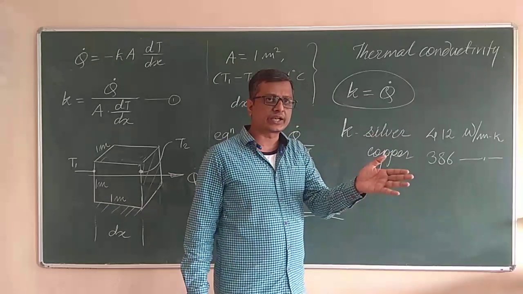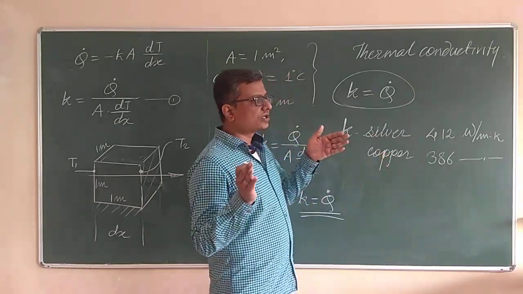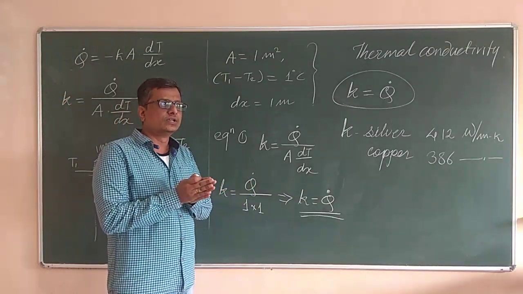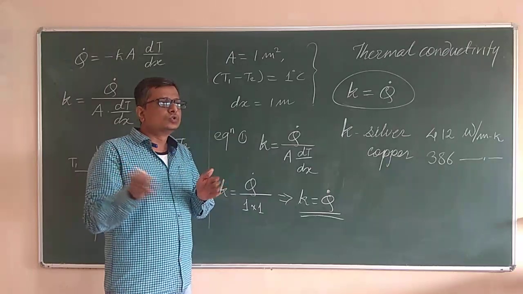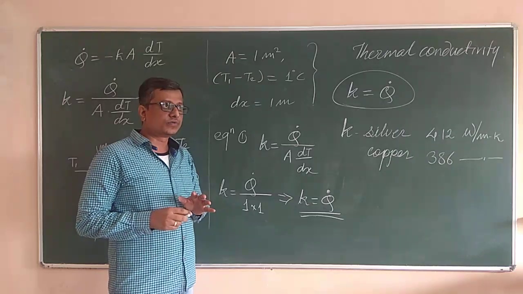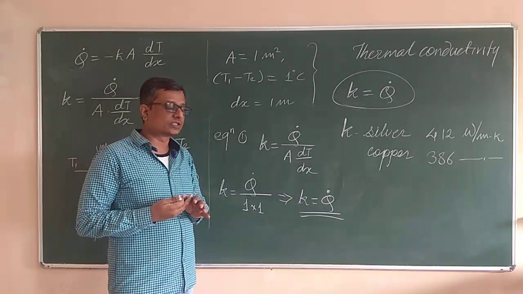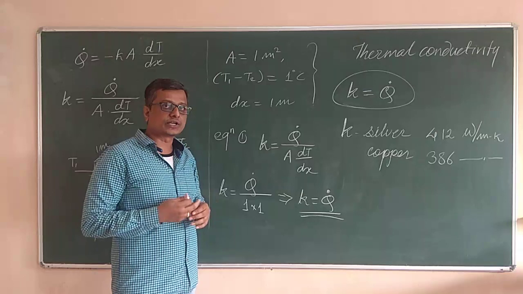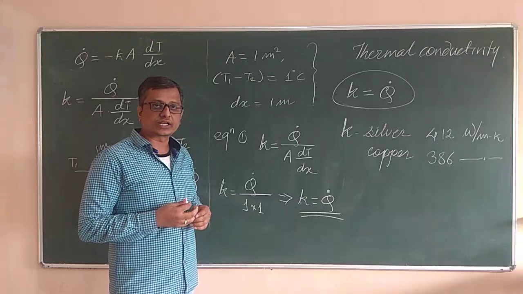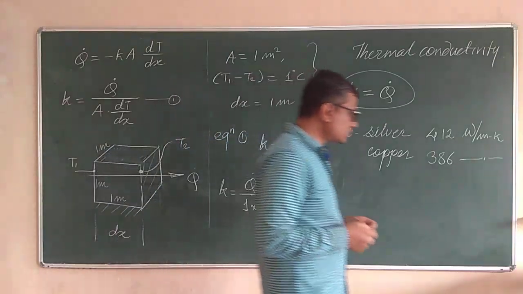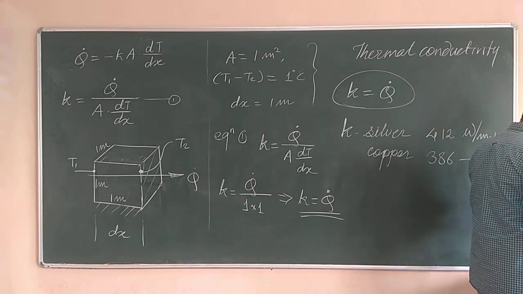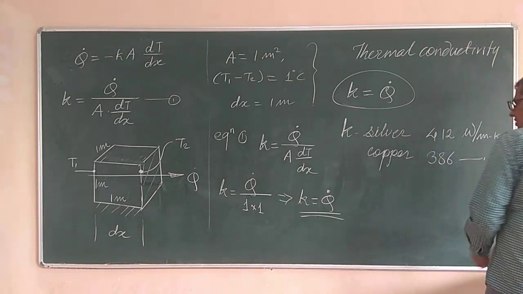Air goes in the range of 0.1. So overall the thermal conductivity of matter varies from 0.01 to maybe up to 400 or 450 or so. I mean, for practical materials I am talking about. If we go for a heat pipe kind of instrument, then the overall value of thermal conductivity for a heat pipe will be very large. But practically for these materials, these are the thermal conductivities, right? So let us move ahead to the next topic, the variation of thermal conductivity.